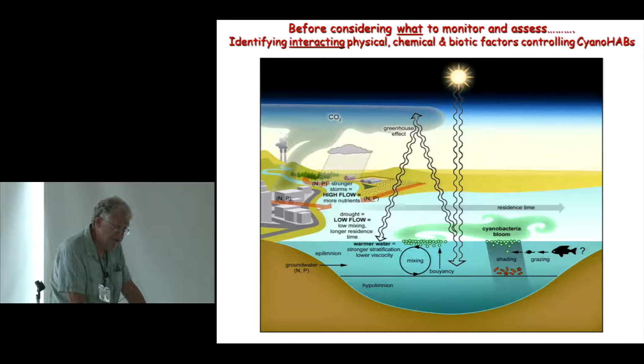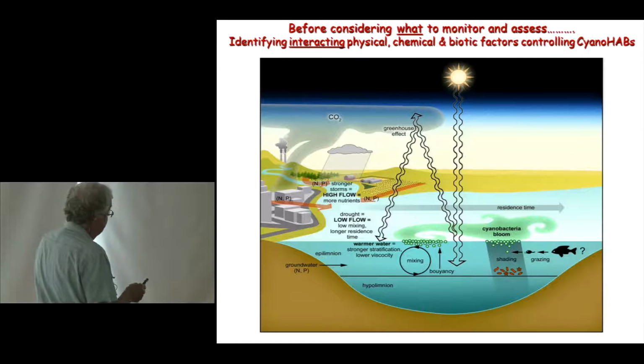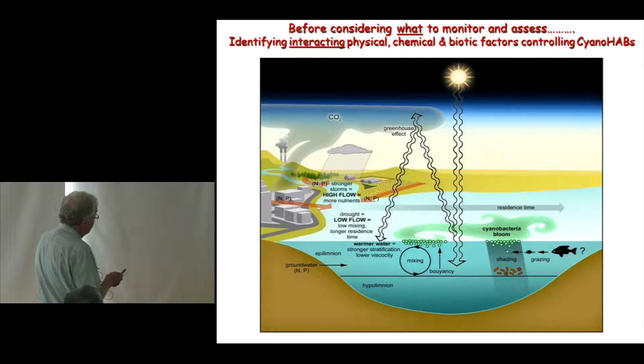Okay, before considering the parameters that we need to consider in terms of monitoring this problem, I wanted to identify, using this conceptual slide, the interactive factors that are involved in cyanobacterial bloom phenomena. We're all very familiar with the nutrient issue, and in that I would include both nitrogen and phosphorus, but the physics of the system are incredibly important too. That has to do with residence time, the rate at which fresh water flows into these systems impacted by blooms, the transparency of these systems, how deep light can penetrate, and the mixing rates.